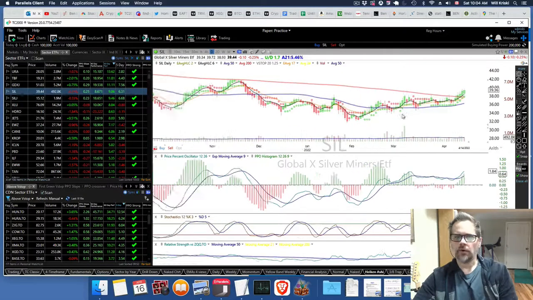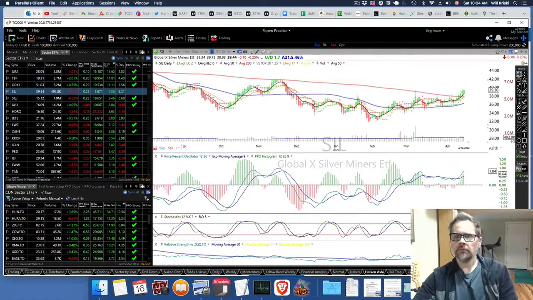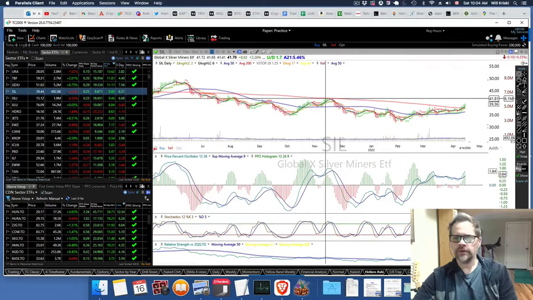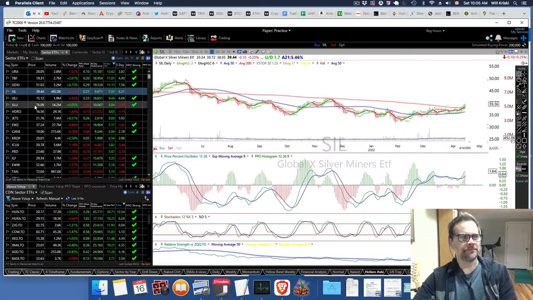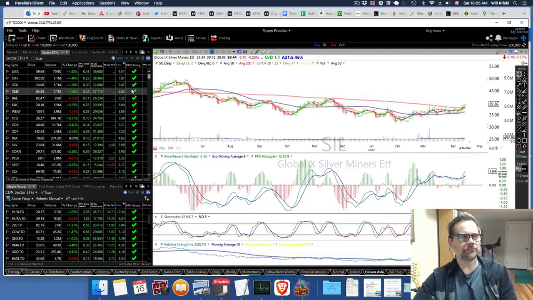Silver as well, it broke up over the 50 and 200. There is resistance, of course, but that's looking good. And then if we go to 5-day,